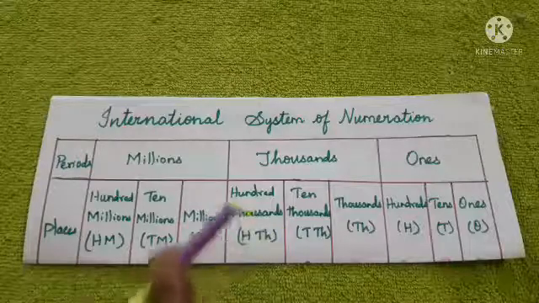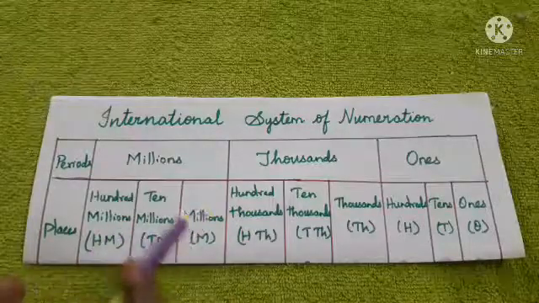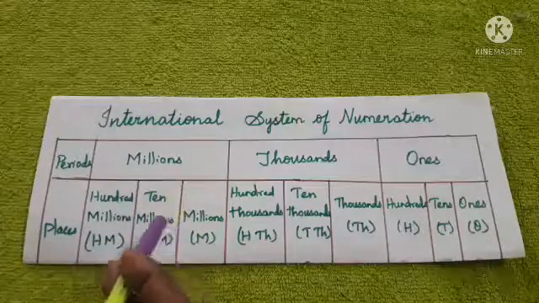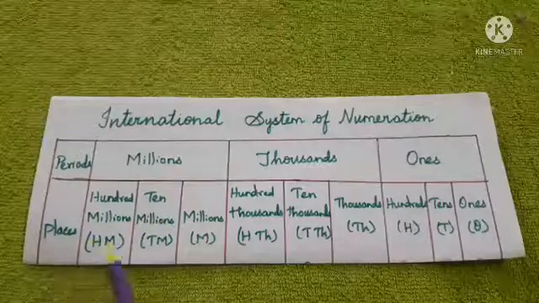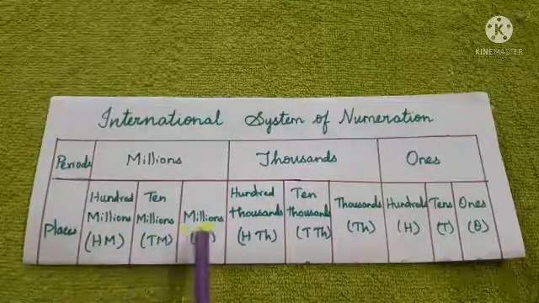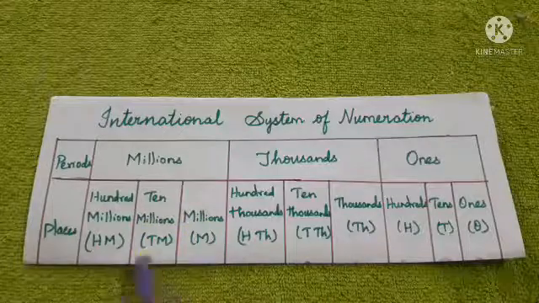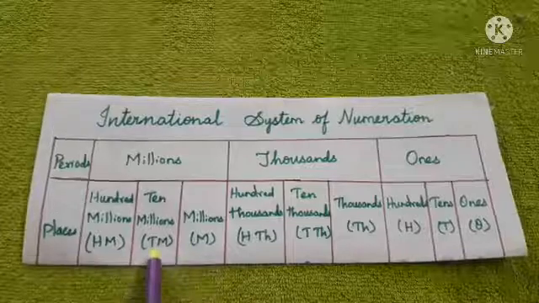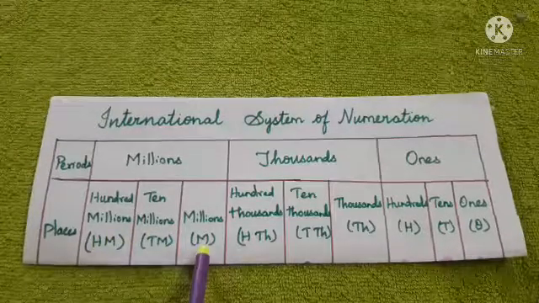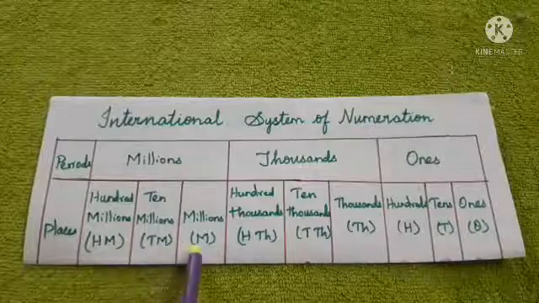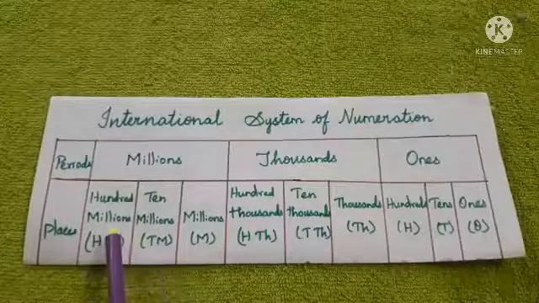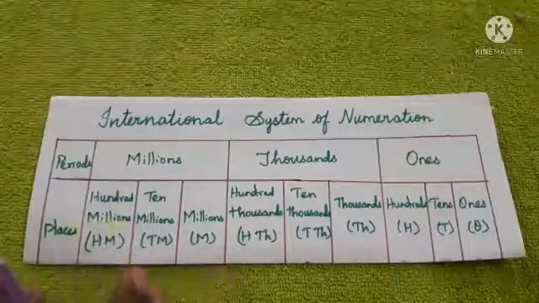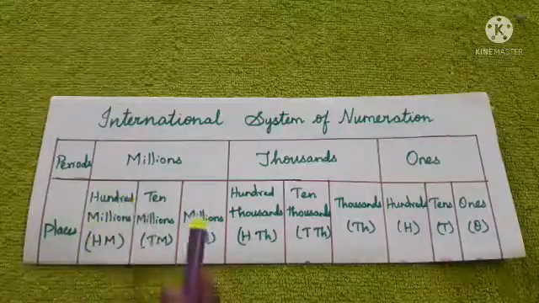Okay? Next, the millions, everything about millions you will learn next year when you go to 5th grade. For just the introduction I am giving this. In the millions period, here also we have 3 places. That means first one is millions, then ten millions and hundred millions. So, this is the millions place, ten millions place, hundred millions place. I understood this. So, in the international system of numeration, total 3 periods are there. Each period consists of 3 places.